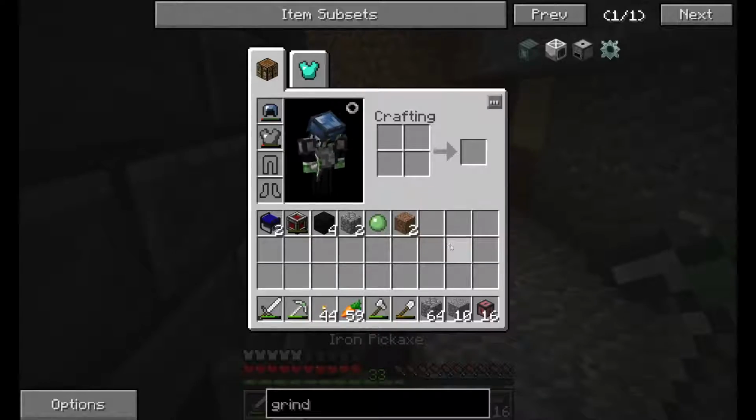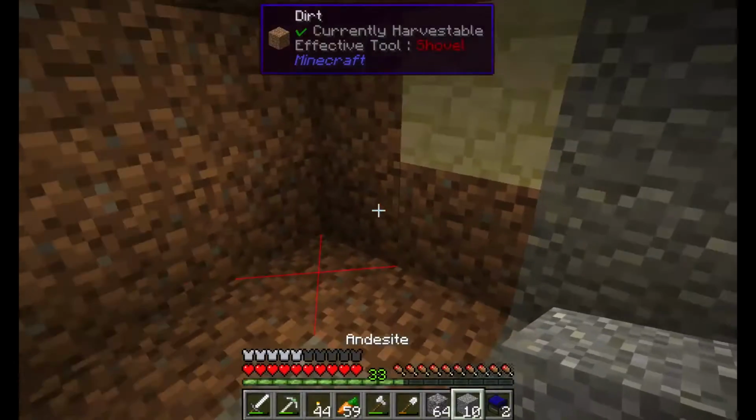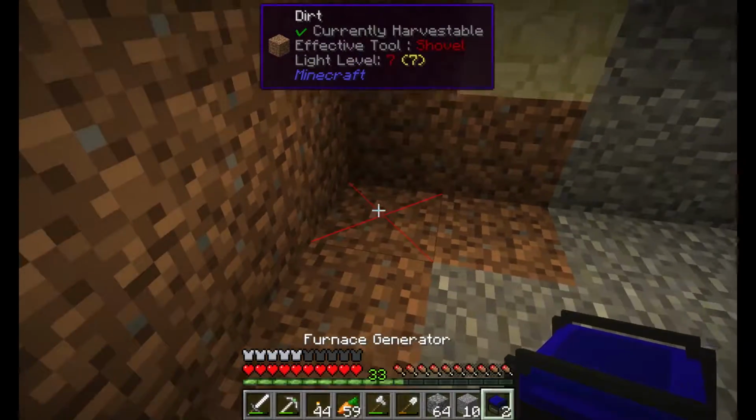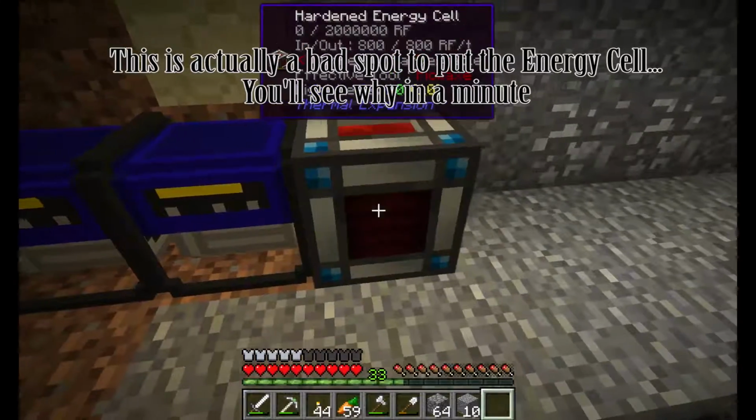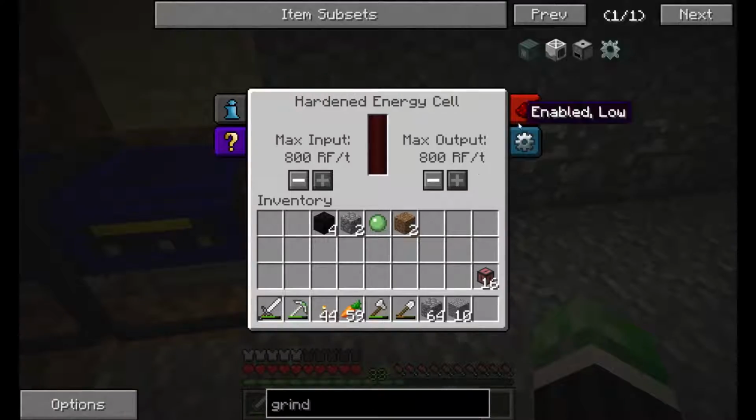Great, okay, so we'll start off with 2 furnace generators. Actually, I might... No, because I'll need to access these. So we'll chuck those there. Chuck the energy cell next to it, and I will make that a...